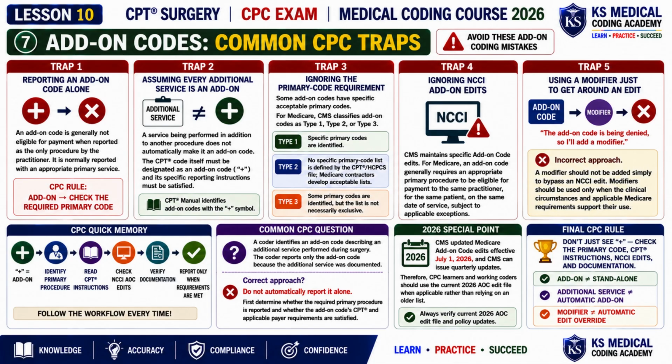Plus symbol → identify primary procedure → read CPT instructions → check NCCI add-on code edits → verify documentation → report when requirements are met. For 2026, remember that CMS updates its Medicare add-on code edits, so always use the current applicable edit files and guidance. The final CPC rule is, don't just see the plus, check the primary code, CPT instructions, NCCI edits, and